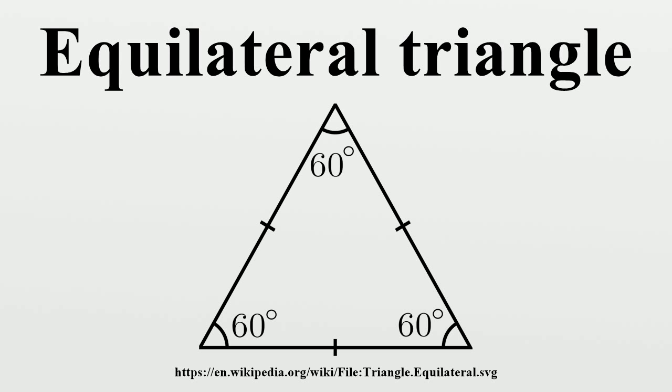Using trigonometry, the area of a triangle with any two sides a and b and an angle C between them is given by the sine formula. As each angle of an equilateral triangle is 60 degrees, the sine of 60 degrees is used. Thus, since all sides of an equilateral triangle are equal,